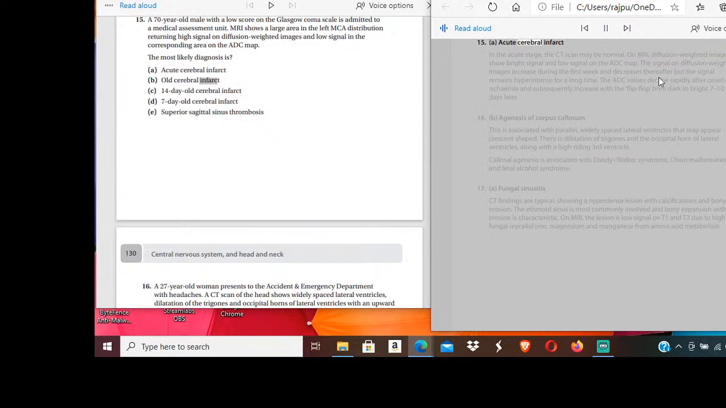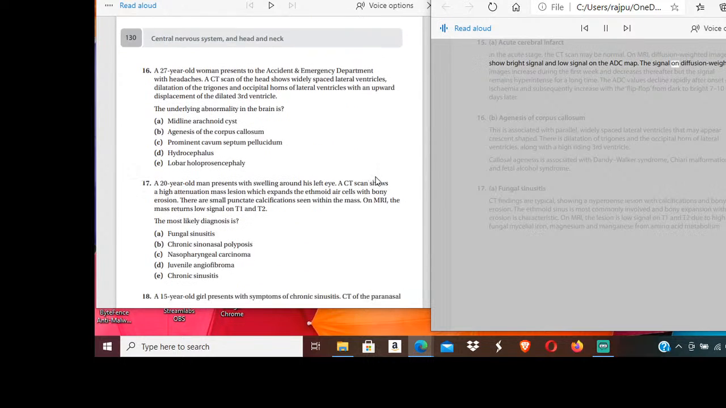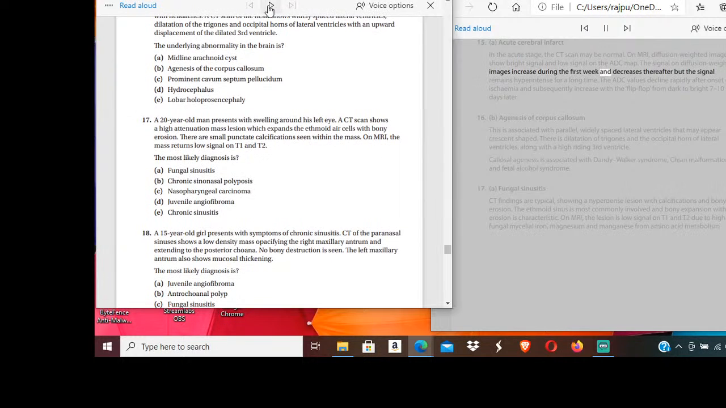15. A. Acute cerebral infarct. In the acute stage, the CT scan may be normal. On MRI, diffusion-weighted images show bright signal and low signal on the ADC map. The signal on diffusion-weighted images increases during the first week